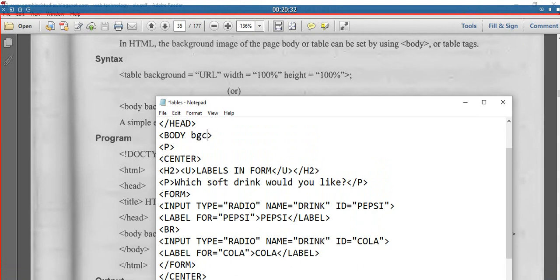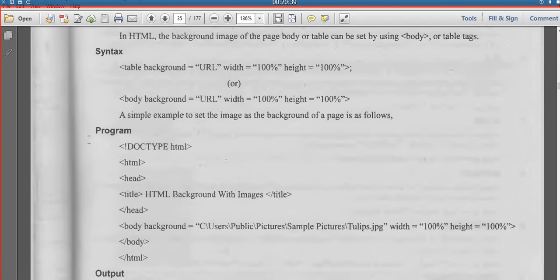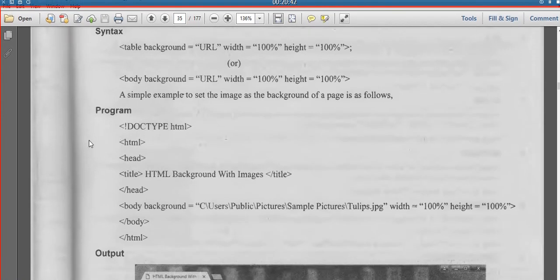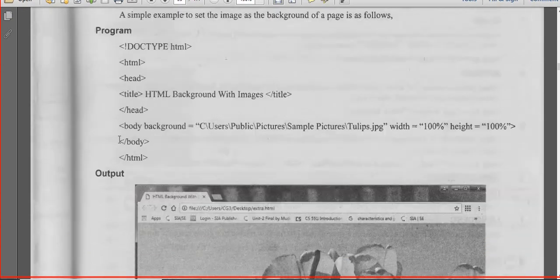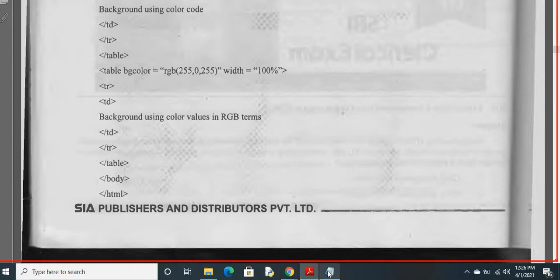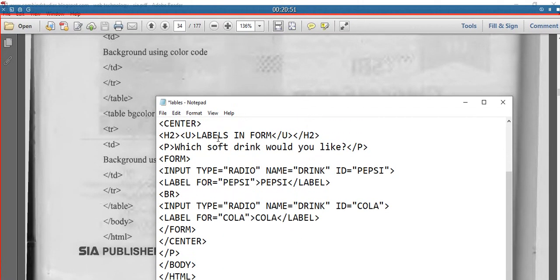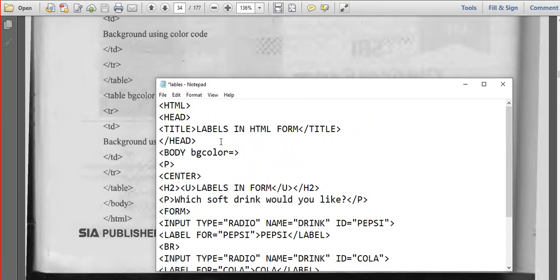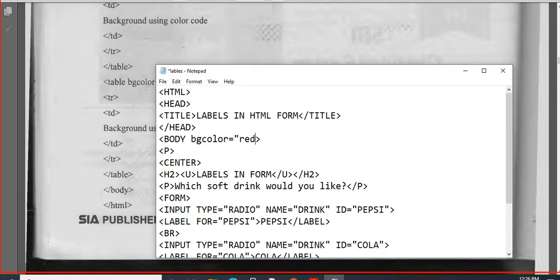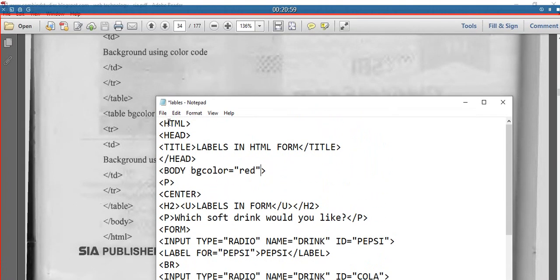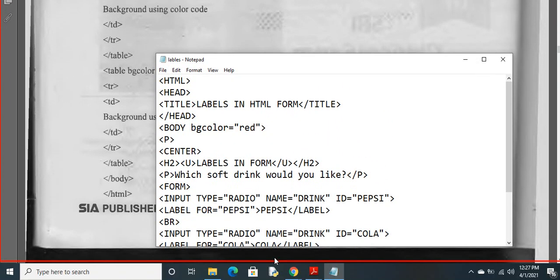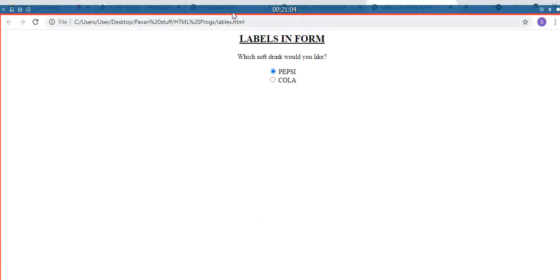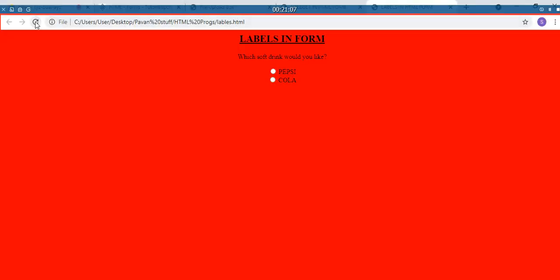Body bgcolor equal to red. Now check. File, save, refresh. The background is red.